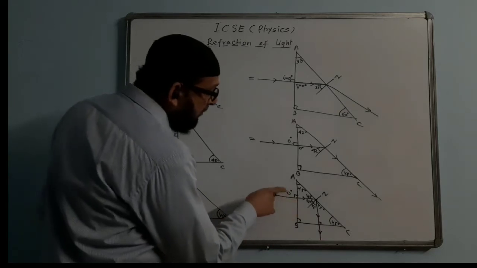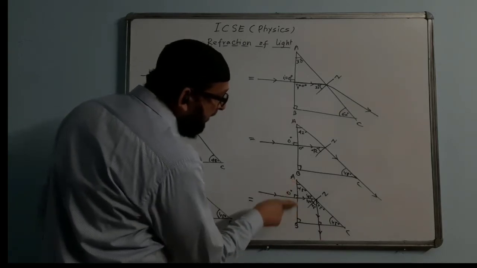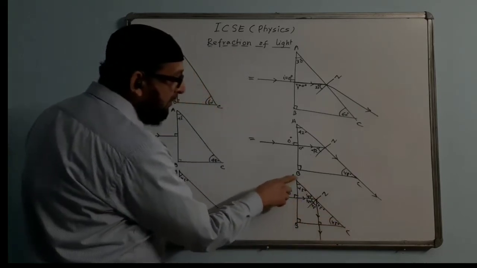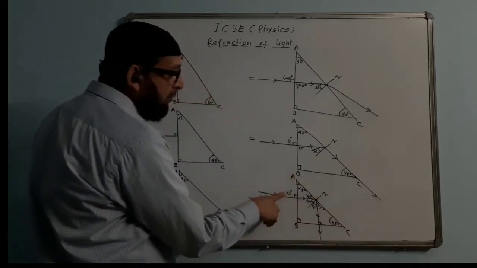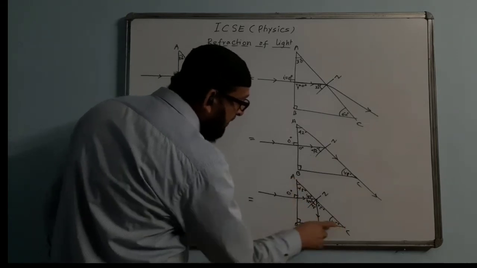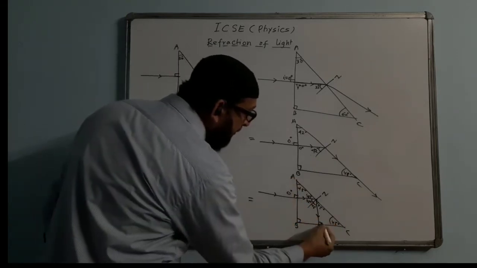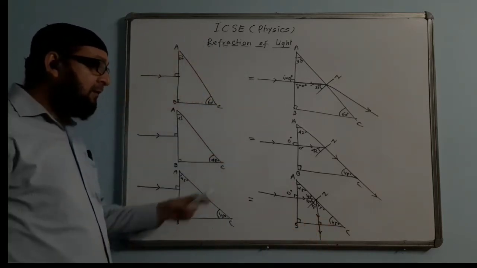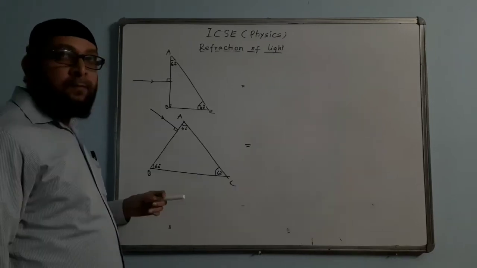If a question comes, what is the angle of incidence for the side AB, for the side BC and for the side AC, we can then name it. Angle of incidence for the side AB is 0 degree, for the side AC is 45 degree and for the side BC again is 0 degree. Here the angle of incidence is 0 degree, don't say 90 degree because this is normal incidence. Angle of incidence is 0 degree. Let us see the